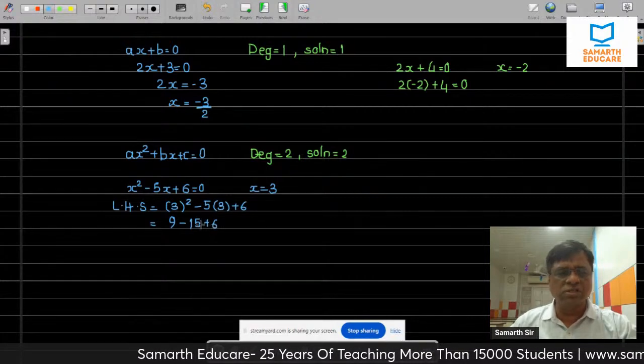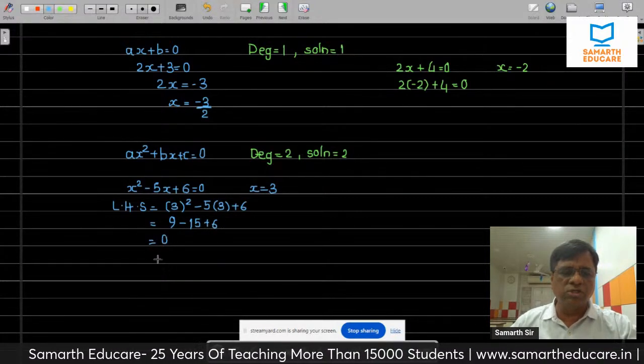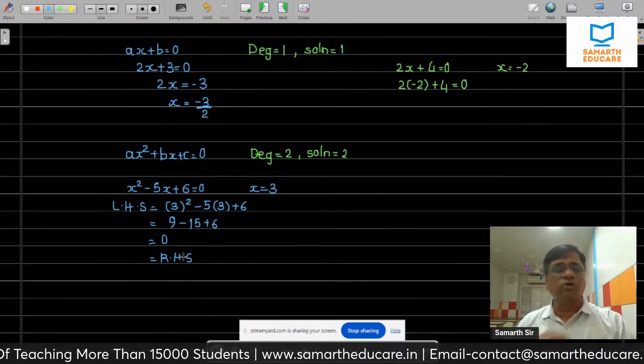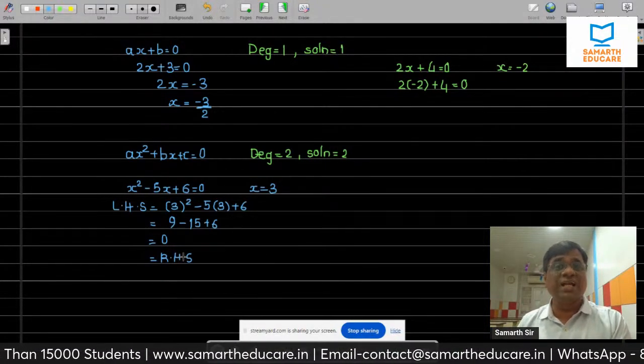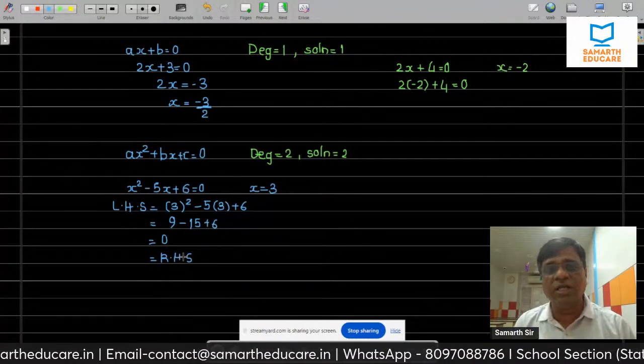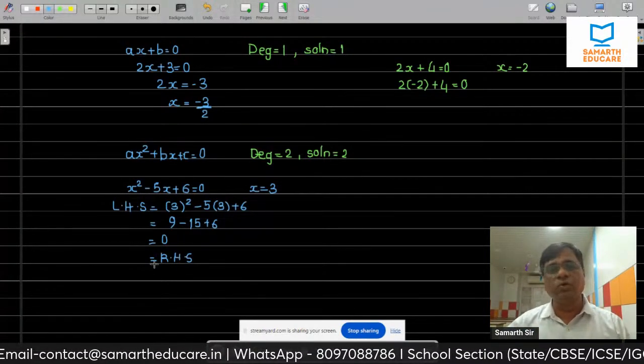Now if you solve this, you see that this is equal to 0, hence it is equal to RHS, hence we say that x is equal to 3 is the solution, because वो satisfy कर रहे हैं वो equation। satisfy करना मतलब क्या, वो substitute करने के बाद left hand side and right hand side equal आ रहा है।